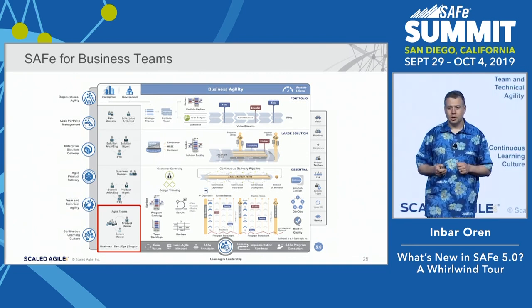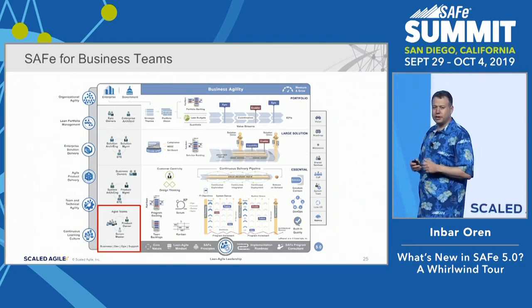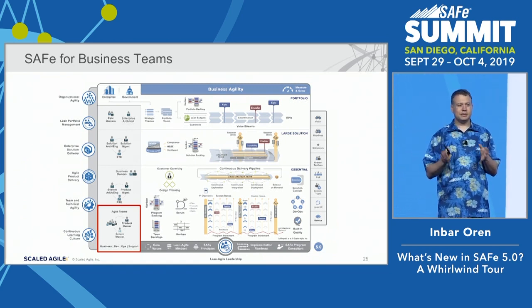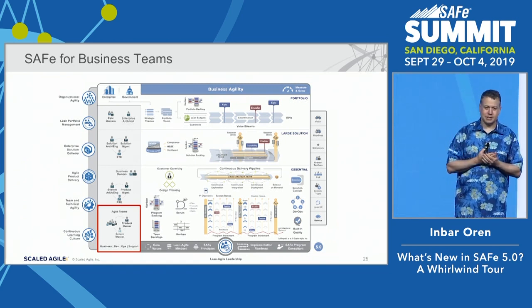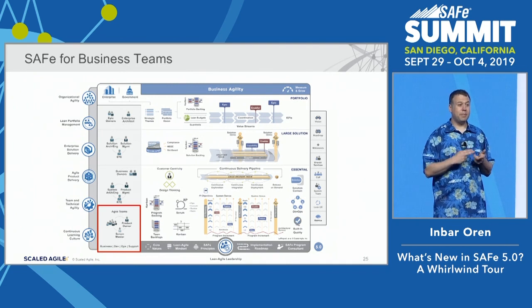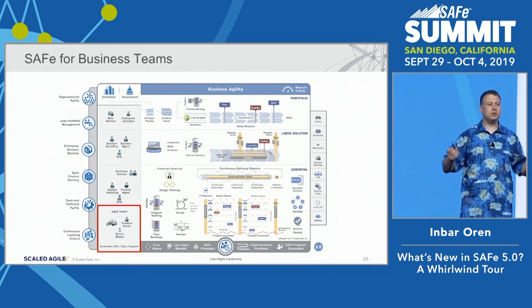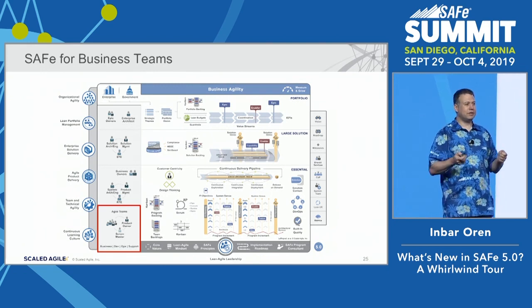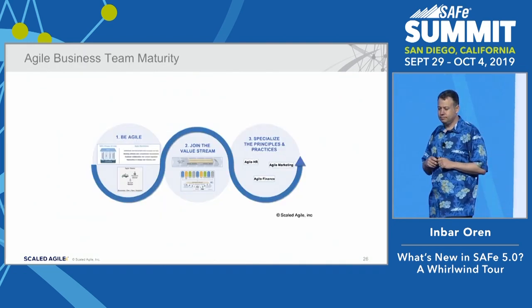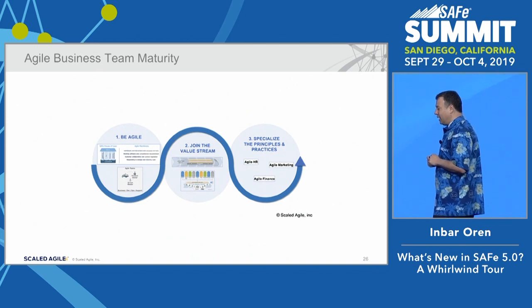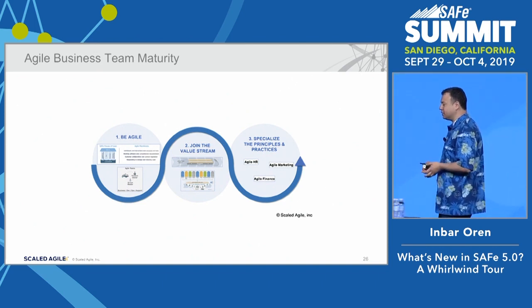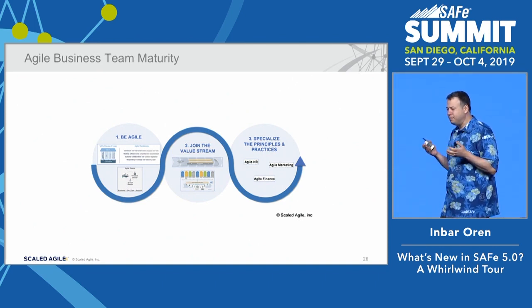Refocusing. We used to have hardware, software, firmware here. Now we're refocusing in business agility. We have business, development, operations, support, just as example of the people we need to bring together to create innovative business solutions. And since we've been focusing a lot on technical teams, what does it take for a business team to really